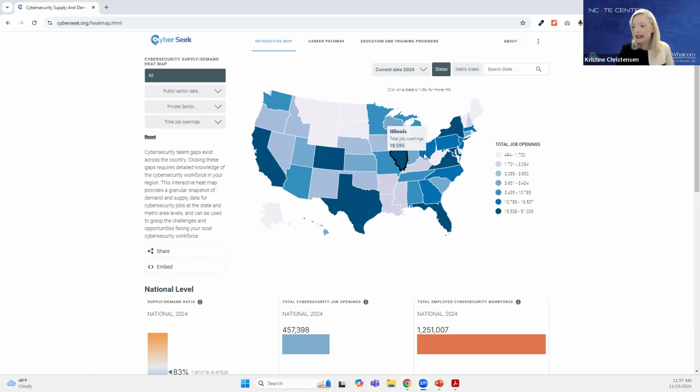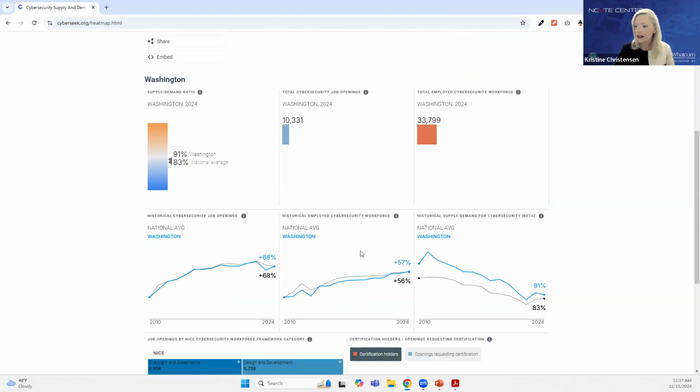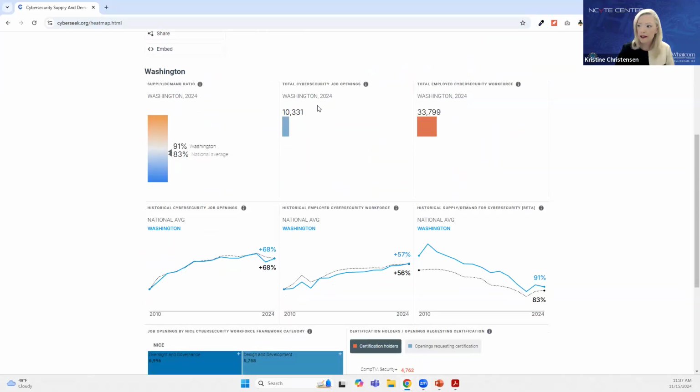So you can click on or hover over any of the states. It will tell you the current job openings. I'll just say, you know what, for Washington, it will tell you the supply demand ratio, the number of openings, the number of total employed cybersecurity workforce in that state.